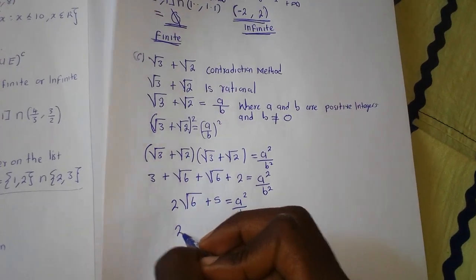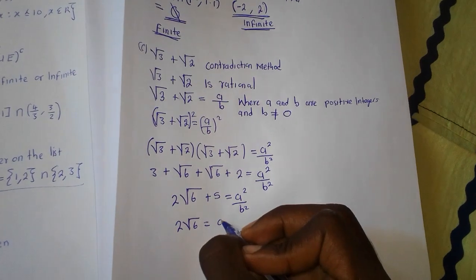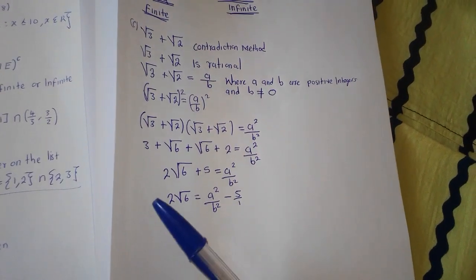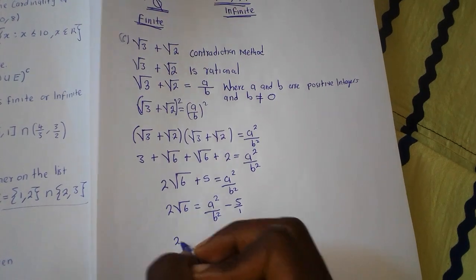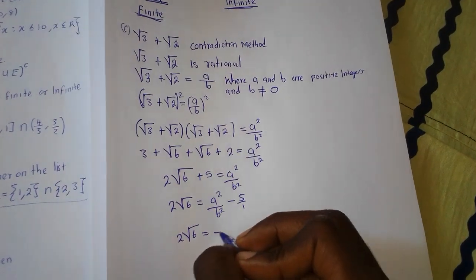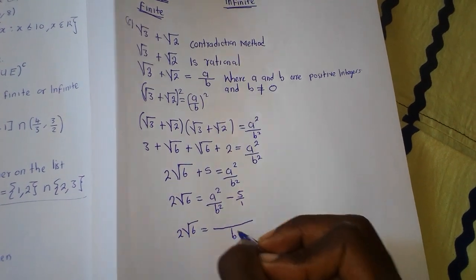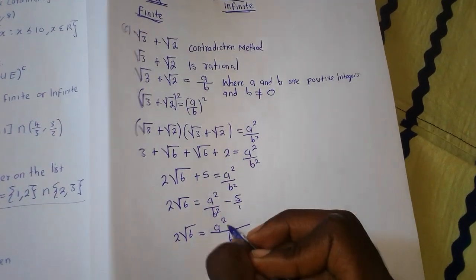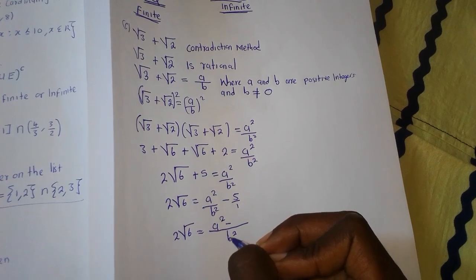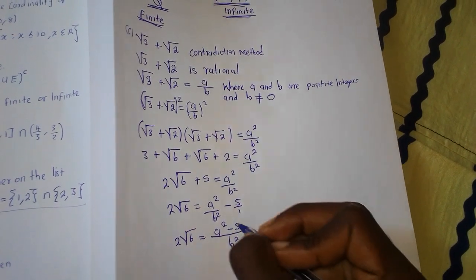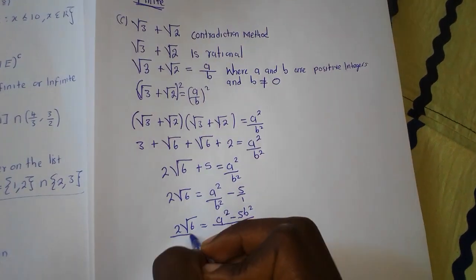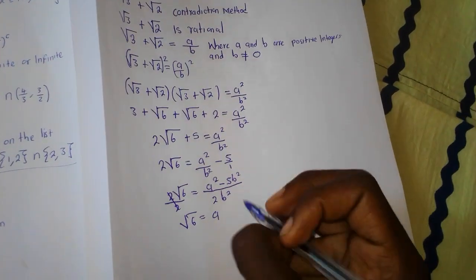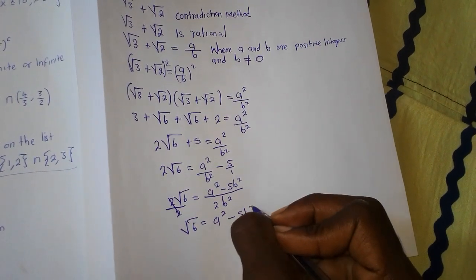Now, we can simply say root of 6 equal to a squared over b squared minus 5, over 1. Then we are going to say the root of 6 equal to, now the common denominator here is simply b to the power 2. This into this is 1. 1 multiplied by a squared is a squared, minus 1 into b to the power 2, multiplied by 5, it is 5b to the power 2. Now we can say over 2. So we are going to have the root of 6 equal to a to the power 2 minus 5b squared